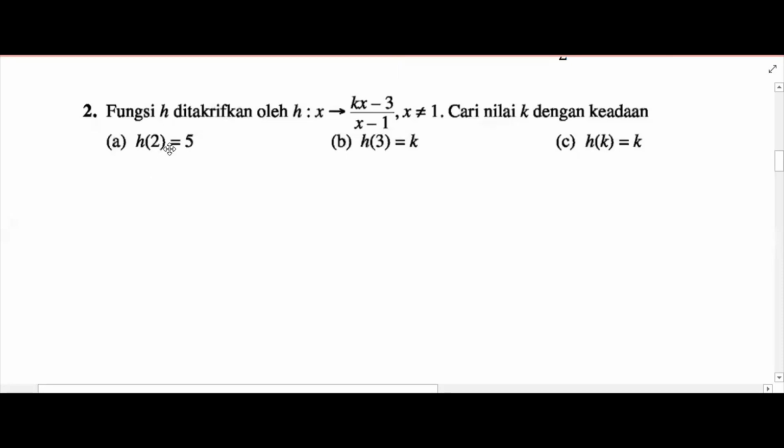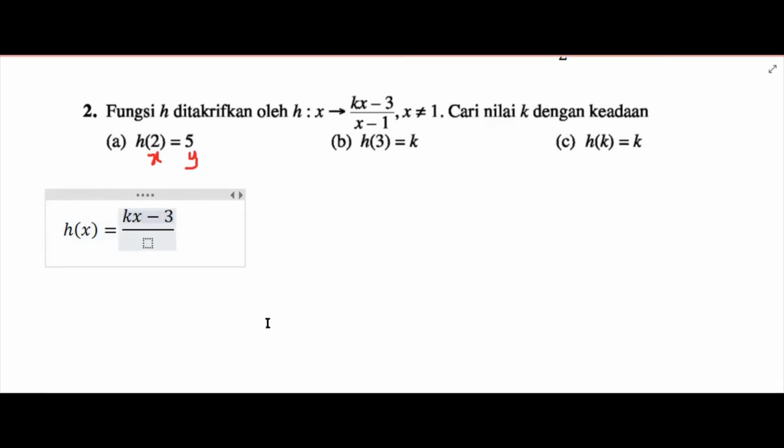Here they say h(2) equals 5. What does h(2) equals 5 mean? This is h(x), so this is x. When x is 2, the answer is 5. When x is 2, y is 5. So I write this in the form of an equation first. Here is kx minus 3, this is x minus 1. This is y, and this is x. So when y is 5,